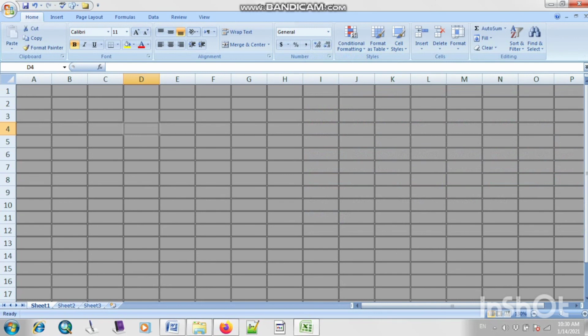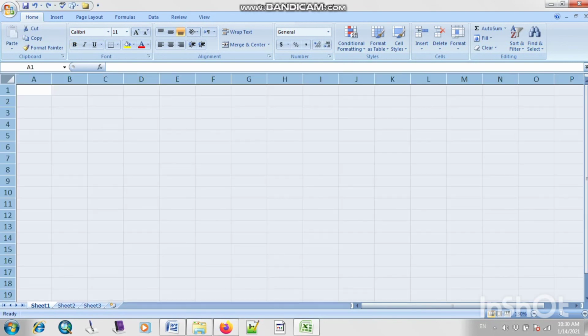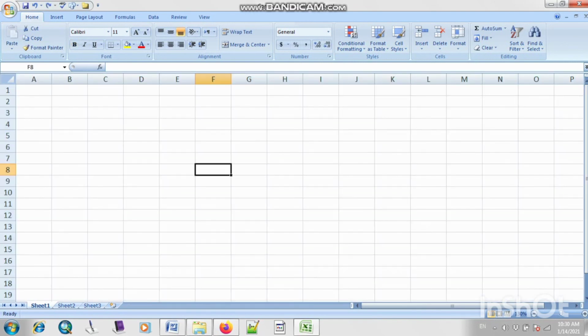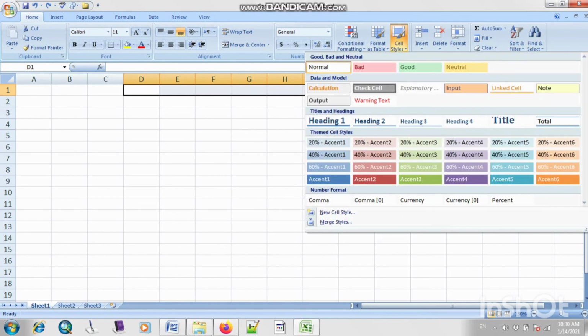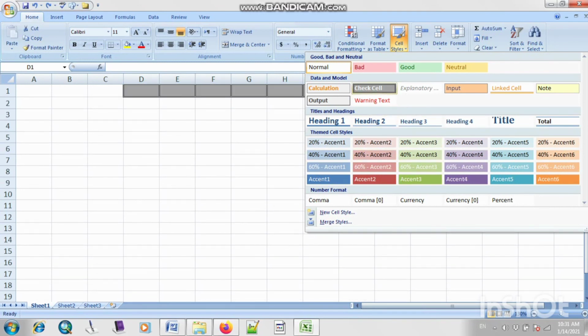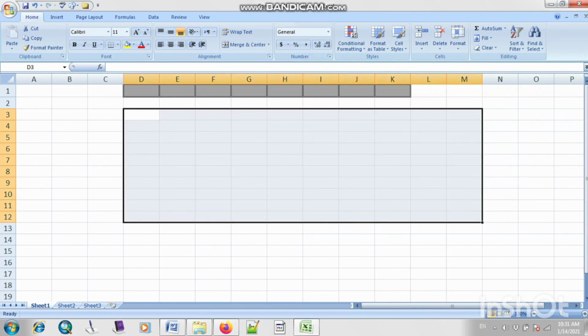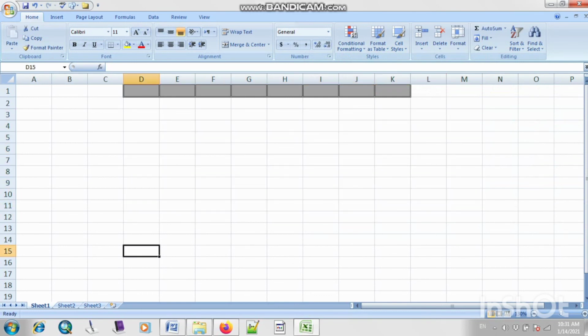Okay. So as you can see, now all my cells are converted into some colors. Okay, let me change the color. Can we select some columns or some cells right now for selection, or apply some colors? Can we do this? Right. So we can also apply some colors. Like I will click on this, I will select all the cells, and then I will click on this option of cell styles. I will apply some colors. Okay. So basically we can apply it to the whole worksheet, to all the cells, and we can also apply it to some selected cells.